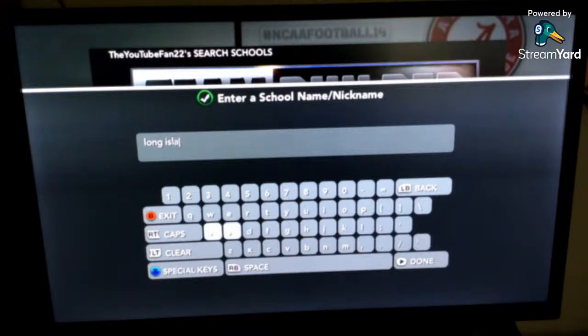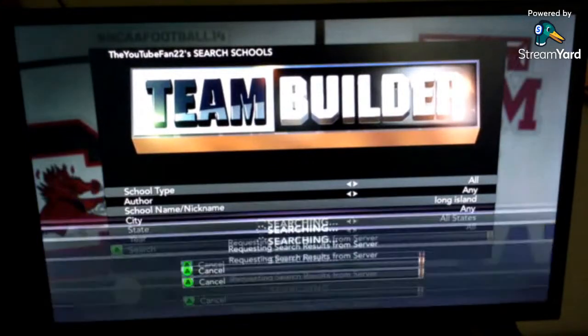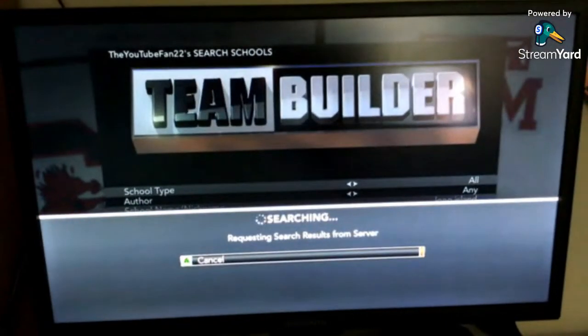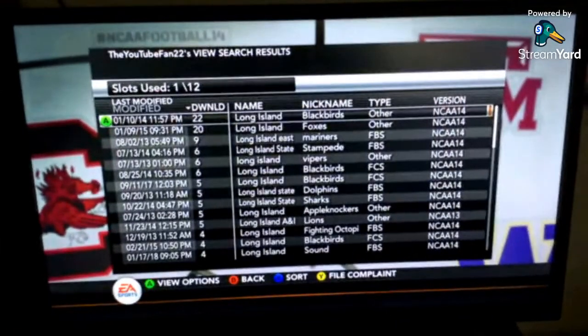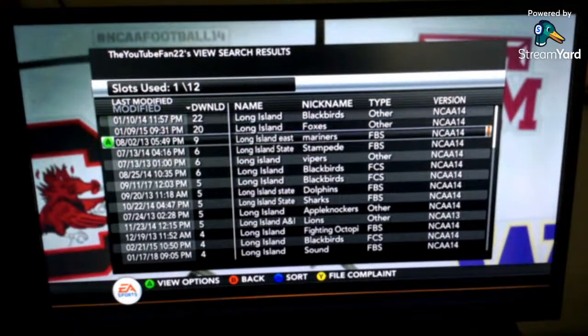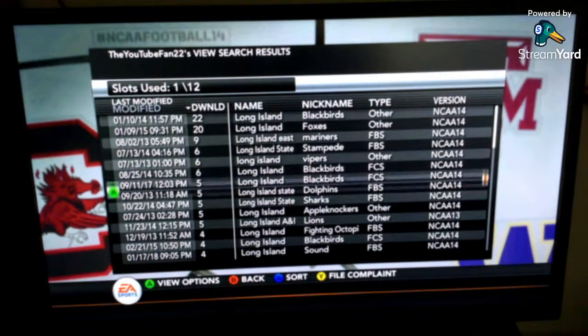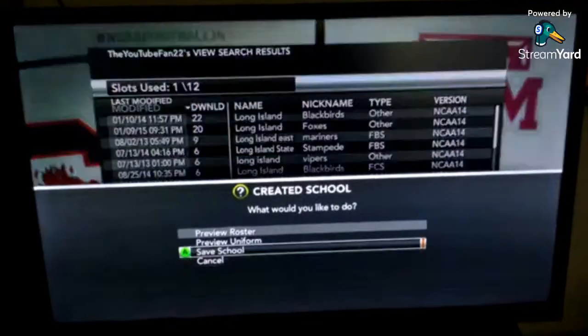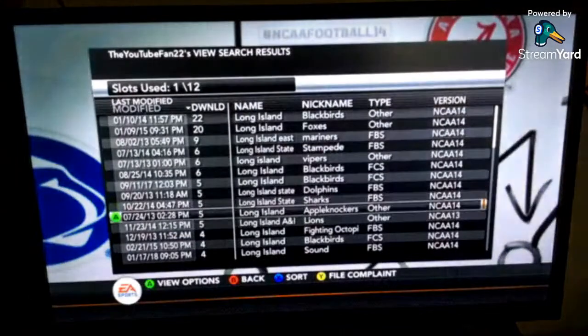And then another, if that is caps, all caps, or any capitalization, it's going to get you the same results one way or the other. It's just whatever it can get to you faster. So there's Long Island. So we're going to try and find their name, which is the Sharks. And there you go, Long Island State University Sharks. Instead of download, we're going to try preview. If we can get,